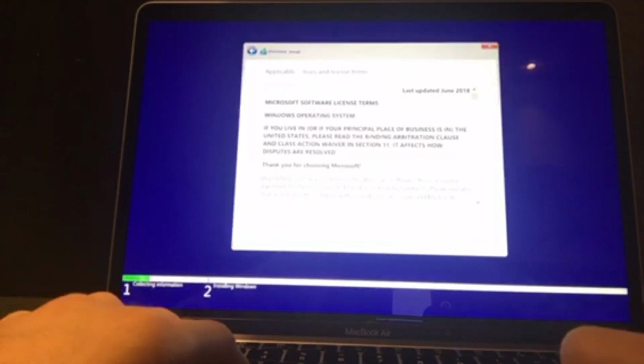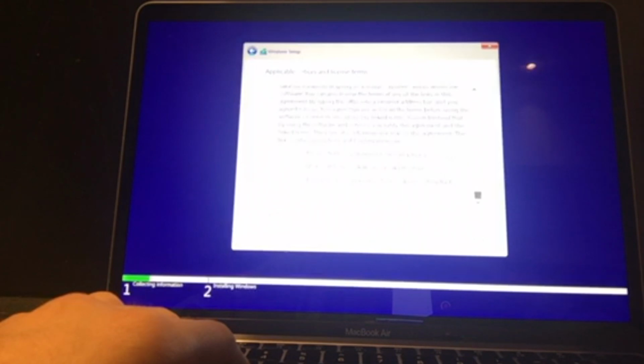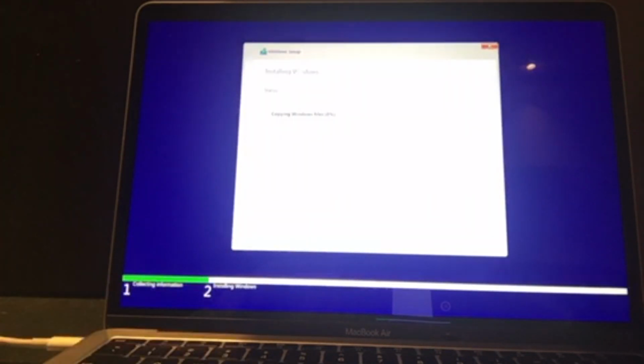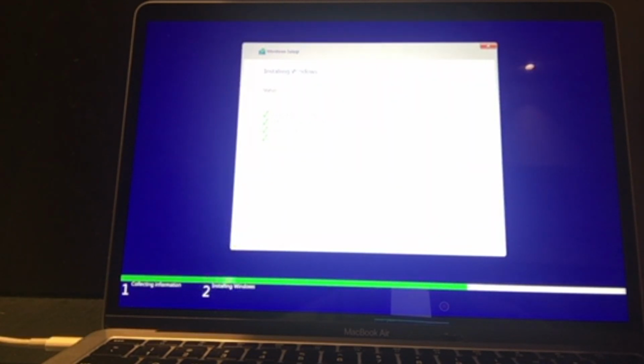Now click on I agree to continue. Now it would take several minutes to install Windows 10 Pro Edition. Now the system would restart automatically.